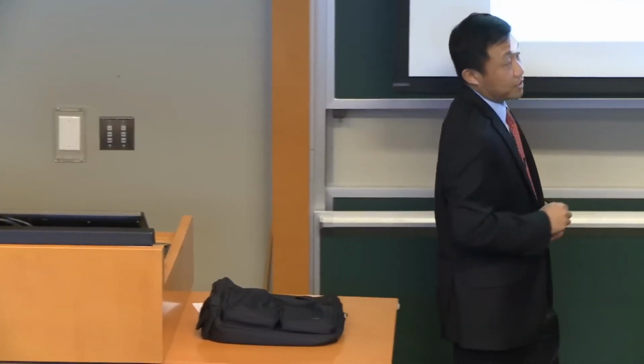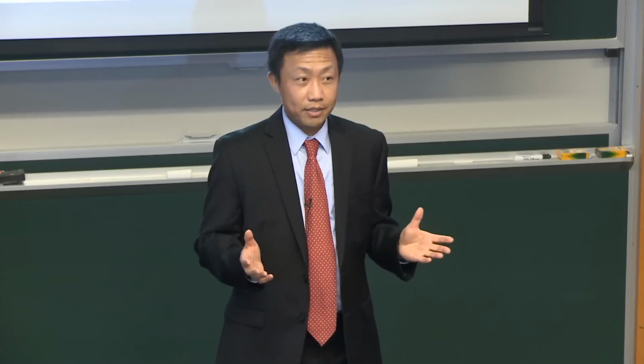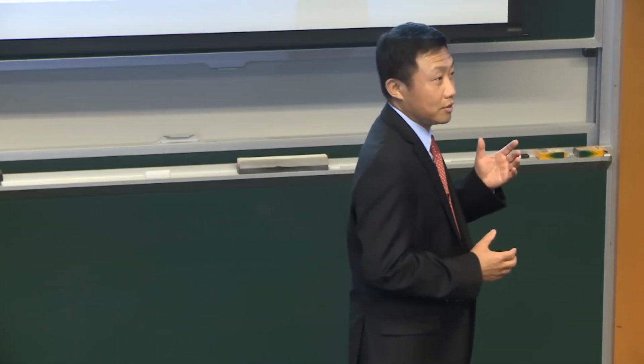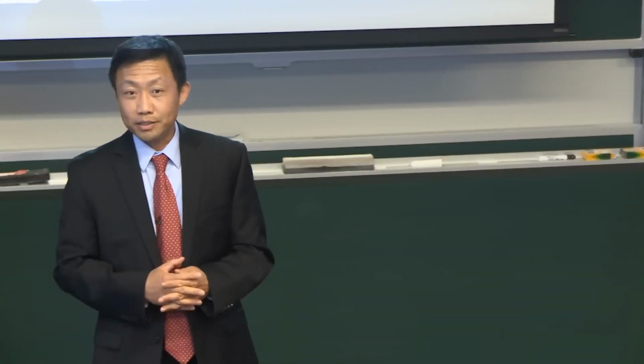So let me just go into a bit more detail of how each type of trade actually occurs. When we talk about hedging, I mentioned the currency example. Let me give you another example. A lot of people issue bonds or debt. Let's think about an Australian corporate, because interest rates in Australia are higher than in Japan. So typically people like to borrow money in Japan because you pay smaller interest, and invest it in Australia, where you earn higher